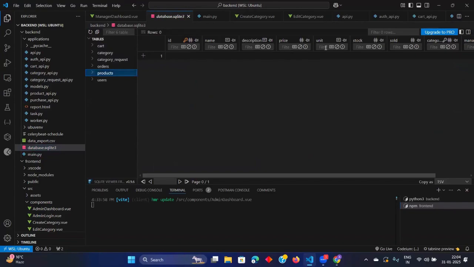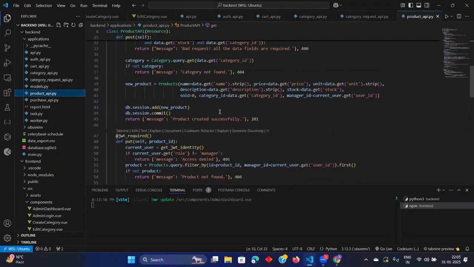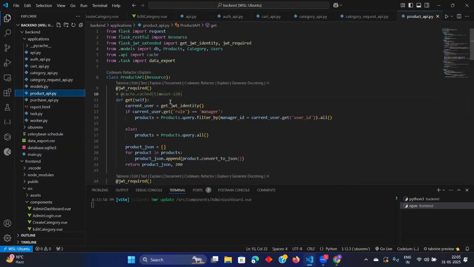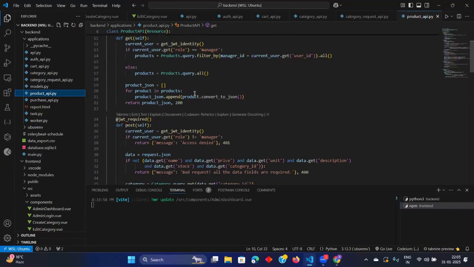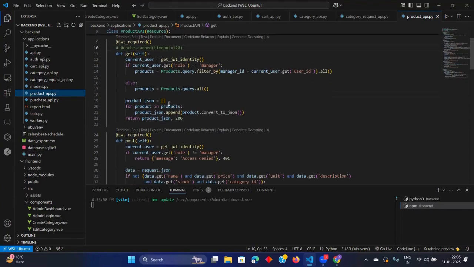Name, description, price, unit, stock. Name, unit, price, stock, sold. Sold thing is also done by, let us check in the create product API once. Okay, product API we are getting this for the product only. Fine. This is for showcasing all the products in the manager dashboard.